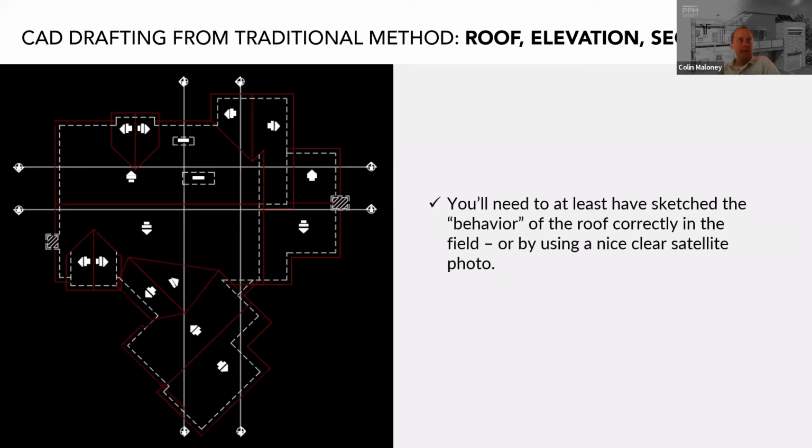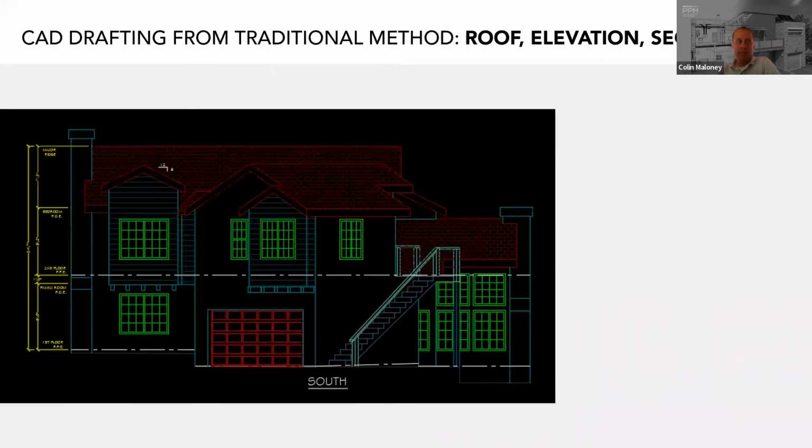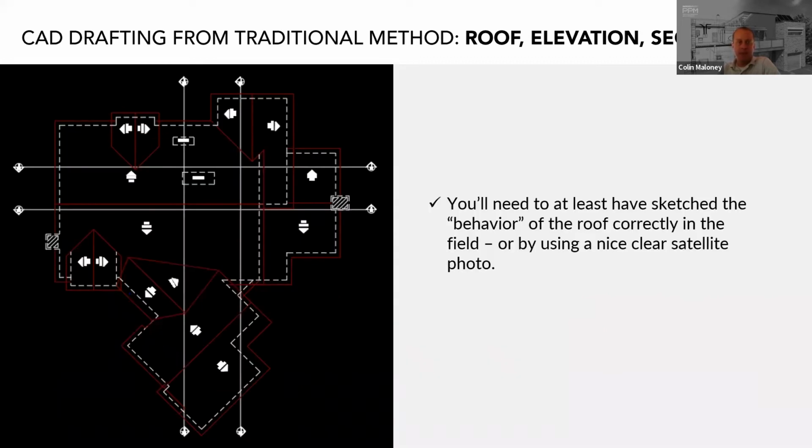You'll need to have at least sketched the behavior of the roof correctly in the field or by using a nice clear satellite photo to draft your roof plans. But, again, the measurements should be on the sketch. This means all the hips and valleys and ridges, directions of any slopes. This and the measured length of the overhang should get you to a place where you can draft the roof